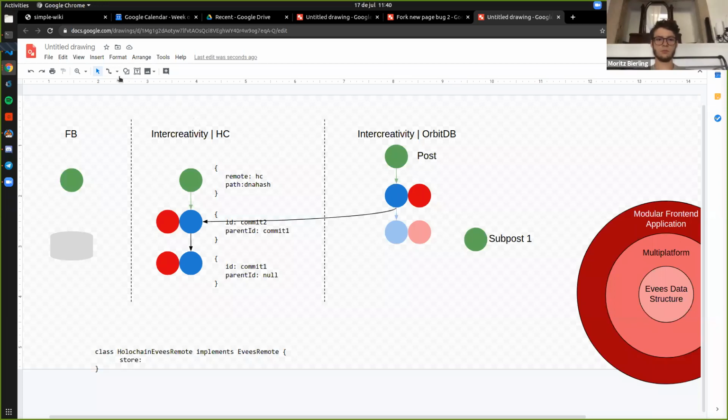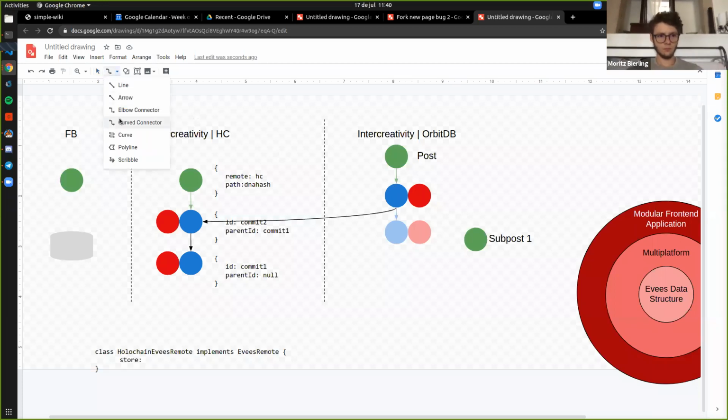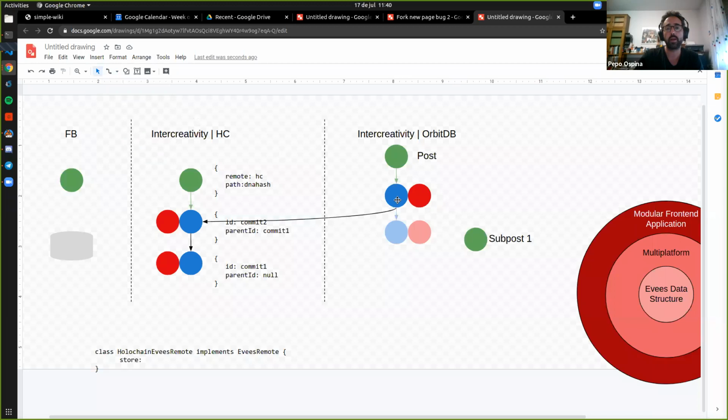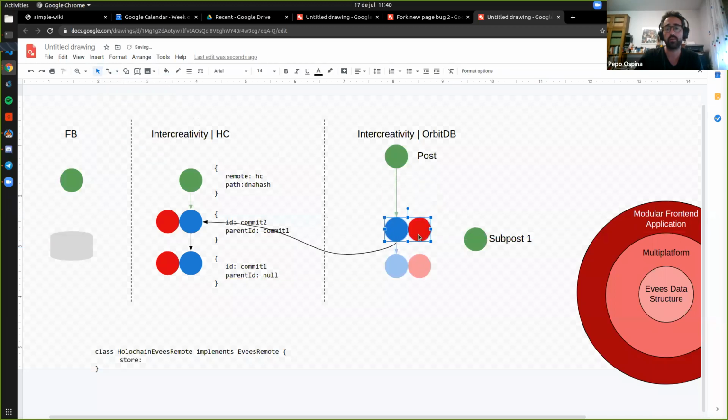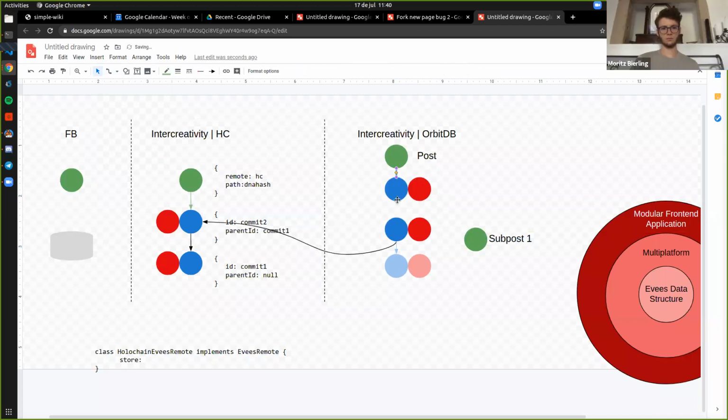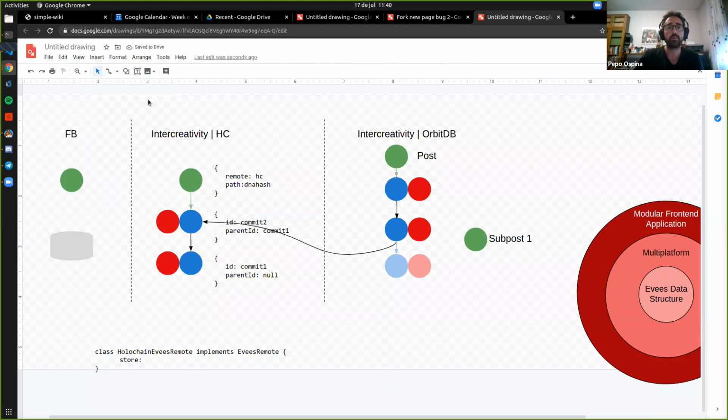And what happens here is that that person will need to create a new commit, a new version of the post. That new version of the post will have new data that will include the fact that this post now has a child, which is a sub post, which has some content.